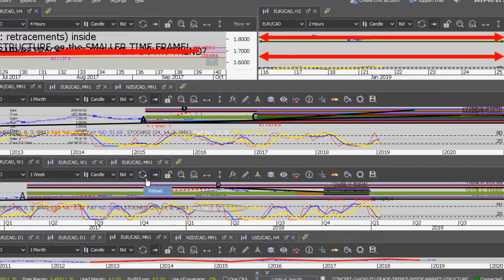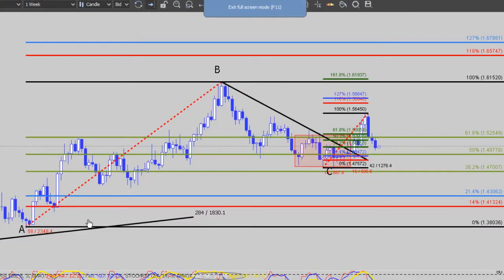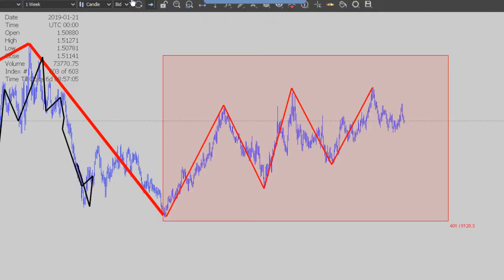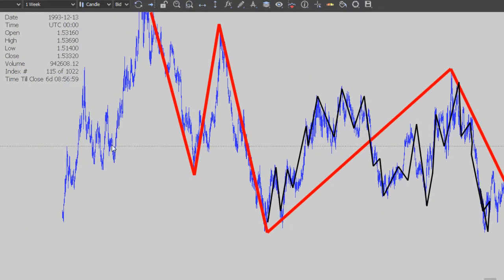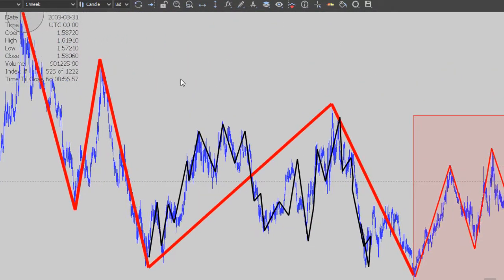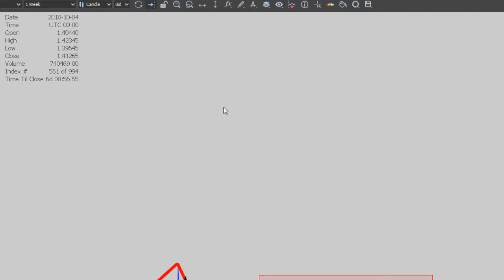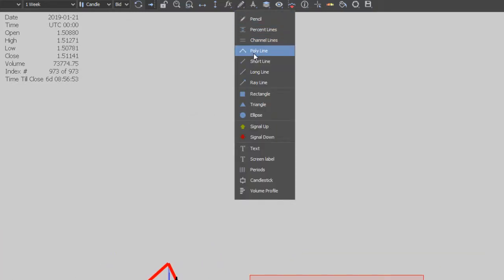That being said, let's dive into the live markets. Today's lesson is how the higher time frame controls the smaller time frame. If you want a currency pair, just type it in the chat box. If not, we are going with our Euro CAD, right? Euro CAD was lately a currency pair that we explained a lot of things. So this is where we were, this is where we left, right?